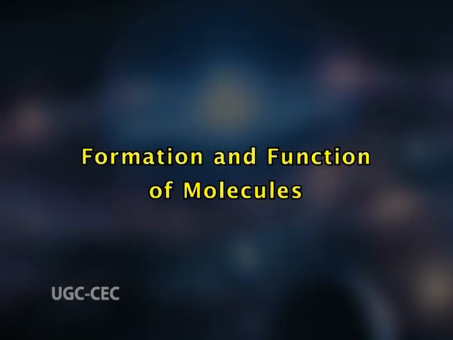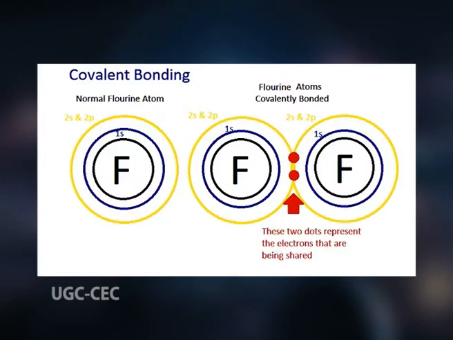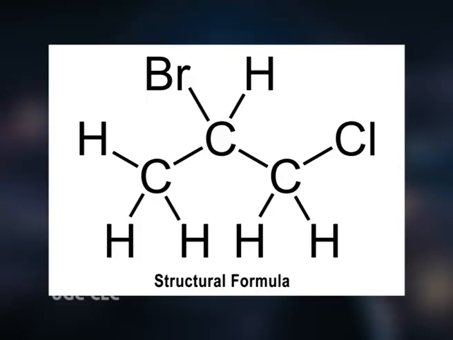Now let's try to understand the formation and function of molecules. Covalent bond is the sharing of a pair of valence electrons by two atoms. Two or more atoms held together by covalent bonds constitute a molecule. A single bond is a pair of shared electrons. This notation, which represents both atoms and bonding, is called a structural formula. For many molecules, the sharing of electrons allows each atom to attain the equivalent of a full outer shell, corresponding to a stable electronic configuration.